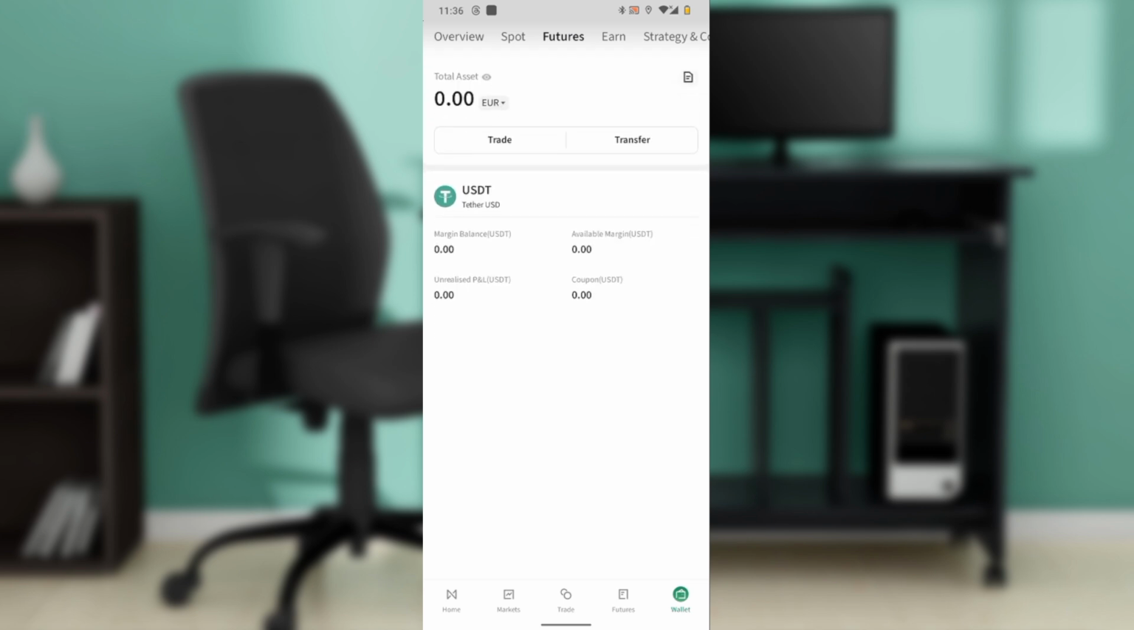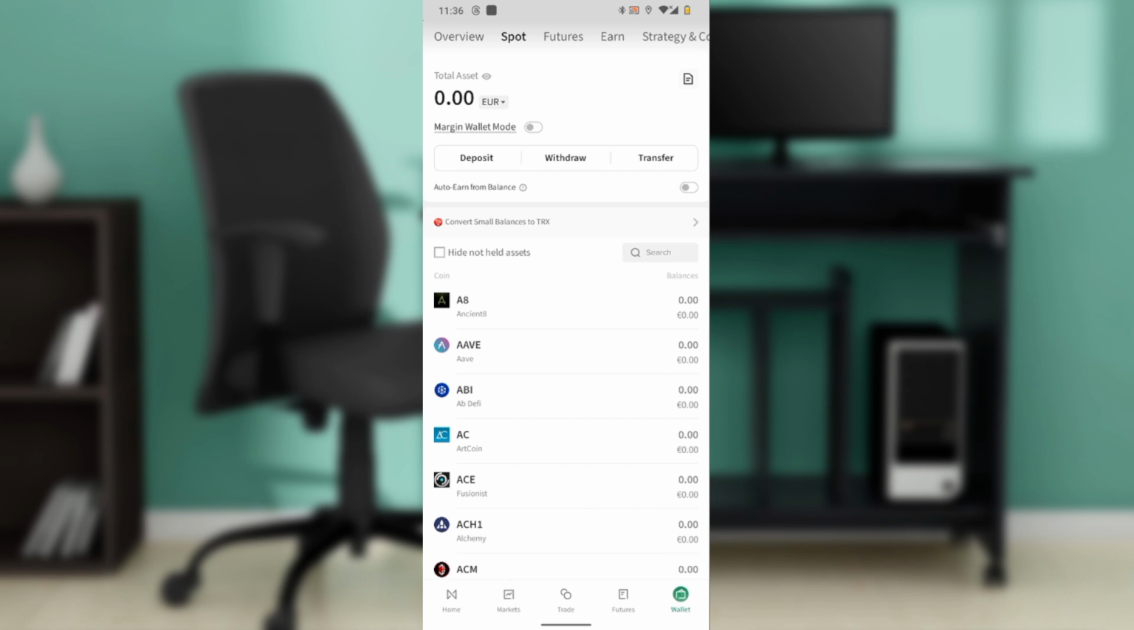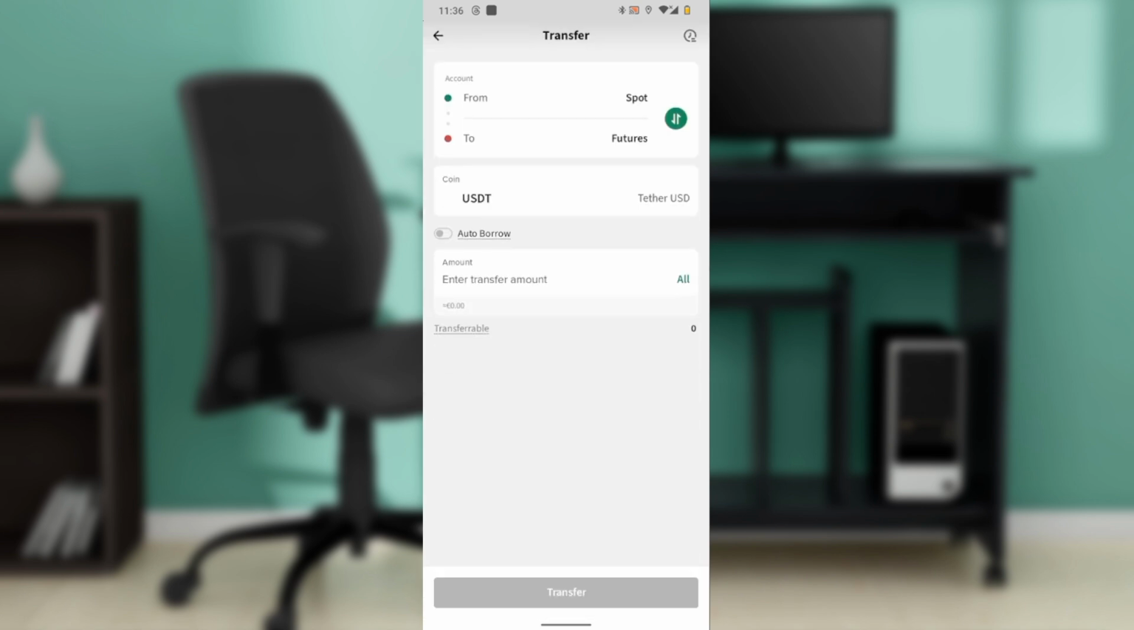So this is futures and I have USDT in here. And my main balance is 0.0000. So if you want to add, of course, you have to deposit some amount of money or deposit some amount of cryptocurrency in here so that you can have enough money for this purpose. So let's say I take it to spot, and then from spot I click on transfer,